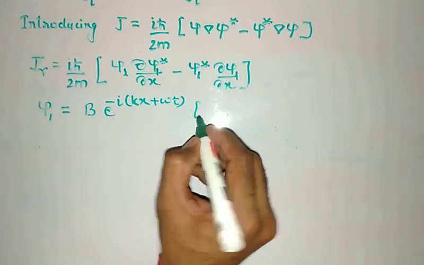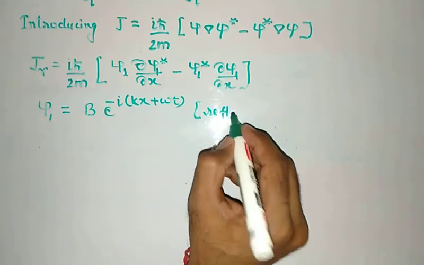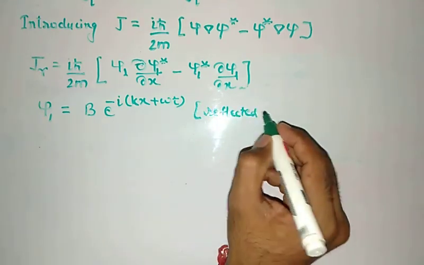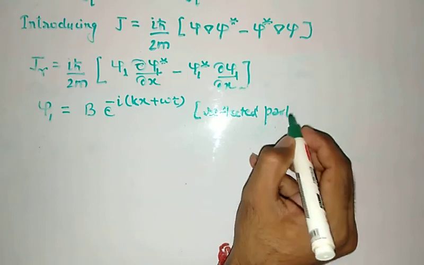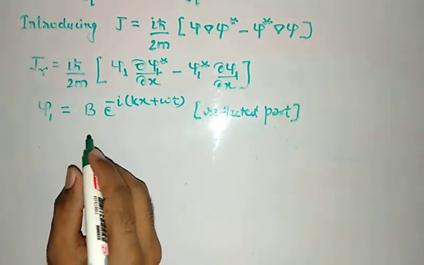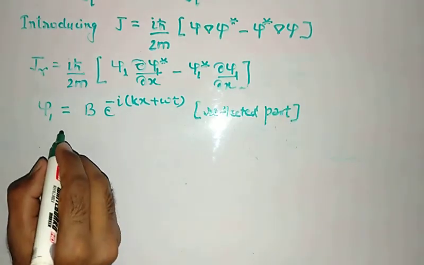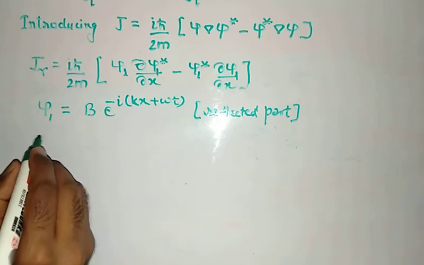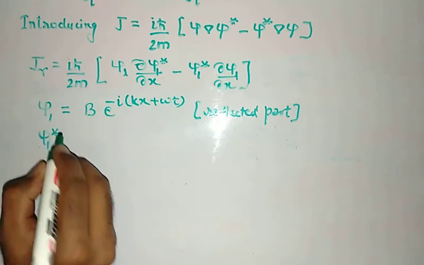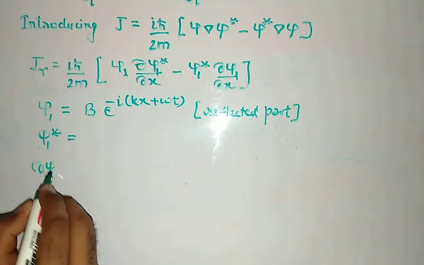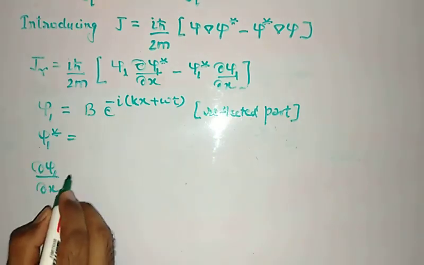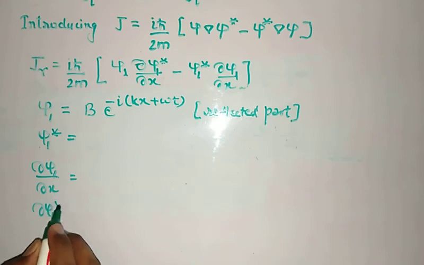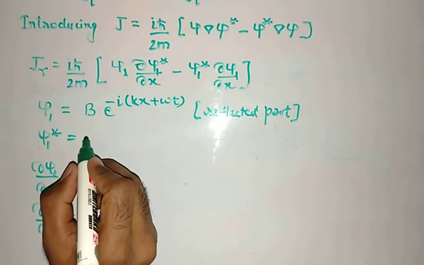This is the reflected part. Now find psi 1 star, del psi 1 upon del x, and del psi 1 star upon del x. We'll find these. For psi 1 star it will be b plus,